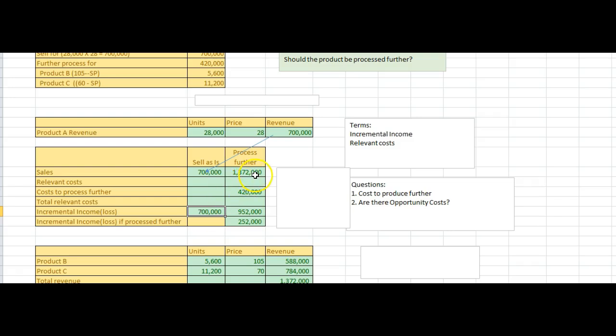If we process further, the sales would be 1,372 minus the 420 for further processing, and we would have an incremental gain of 952,000, which would mean we would gain $252,000 more if we process further. Kind of makes sense? They're kind of fun to play with, okay? So let's make this part 1, and then I'll